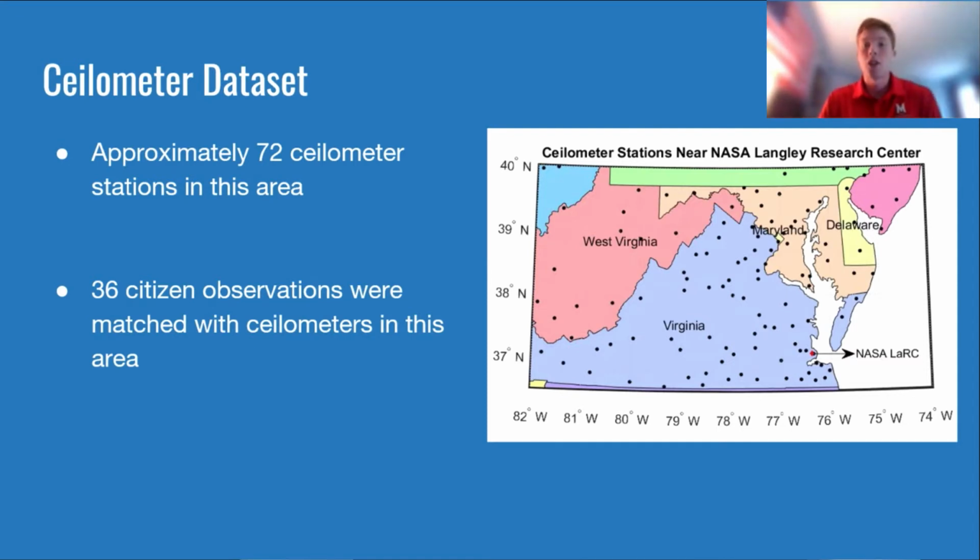So there are ceilometer stations, and these are the ones that are near NASA Langley. If you can see, there's a little red diamond here, which represents NASA Langley. And right next to it, there's a little circle, which is a ceilometer station. That's very good because lots of our observations do come from Langley or around Langley. So if they're near it, then they will be matched with that ceilometer station. That was very reassuring to know, especially for the areas where there's a large concentration of observations, because we don't want to be throwing those away. Having a ceilometer station right near Langley really did ensure that we kept our observations.